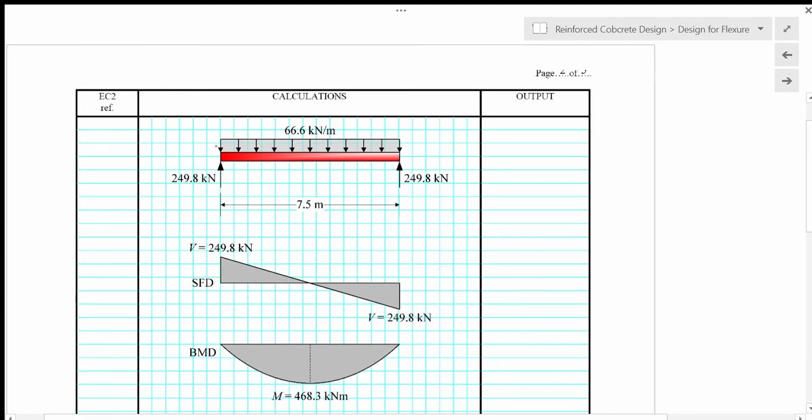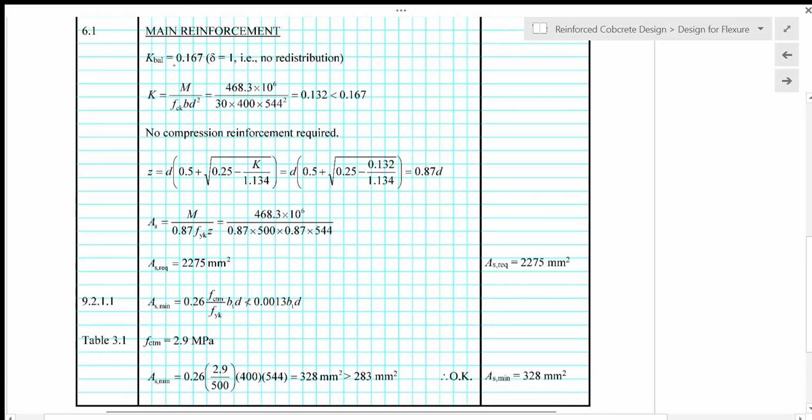So we put the total design action on the beam and then analyze for the support reactions and then draw the shear force diagram and the bending moment diagram. So we have maximum shear force at the supports of 249.8 kN, and then the maximum positive moment at the midspan of the beam of 468.3 kNm. For the main reinforcement design, we use K balance of